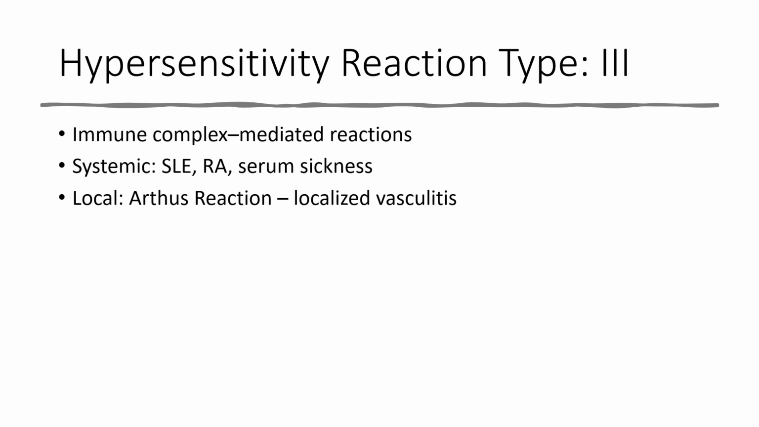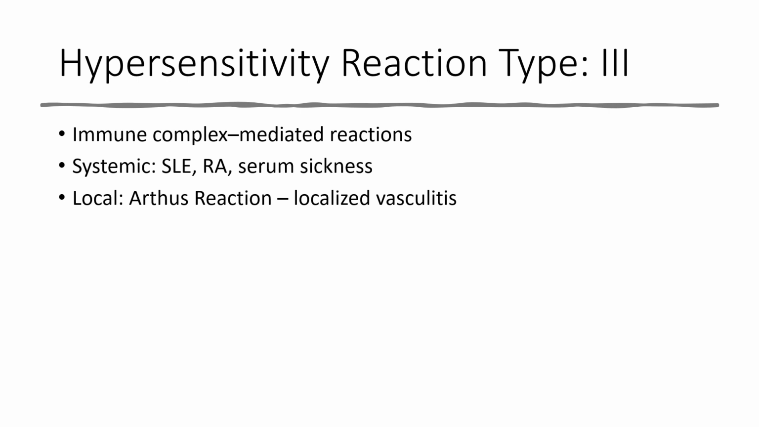Usually within 4 to 10 hours, a red raised lesion appears at the site of the injection, and then an ulcer will form in the center. That's just due to the in situ formation of antigen and antibody complexes. Then we have systemic, which is going to be our SLE, that's lupus, RA, rheumatoid arthritis, and serum sickness. Serum sickness is an immune response to certain types of medications, commonly penicillin, other antibiotics, or injected proteins,